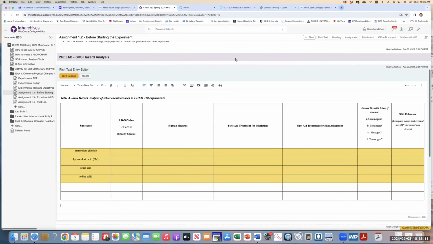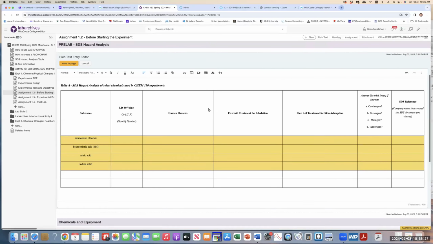Hello, students. In this video, I'm going to walk you through, when using Labarchives, how to make some quick edits for your tables, whether you want to add rows, add columns, remove columns, and change the background. So in one of our earlier labs, we went over and we highlighted a couple of rows and deleted them